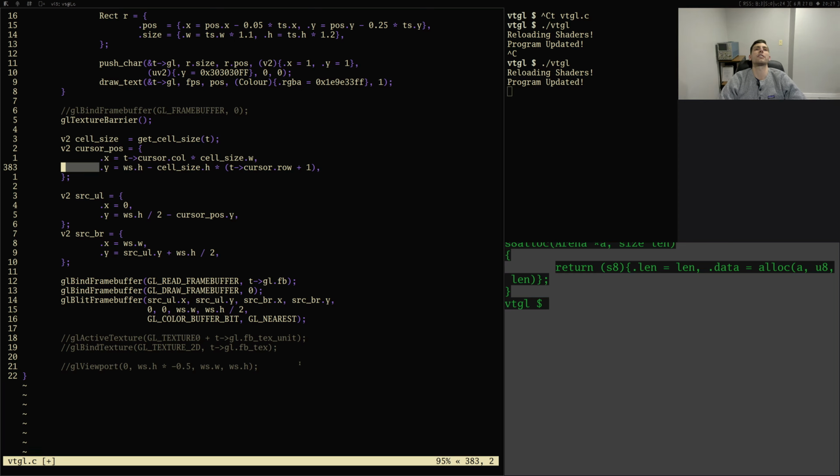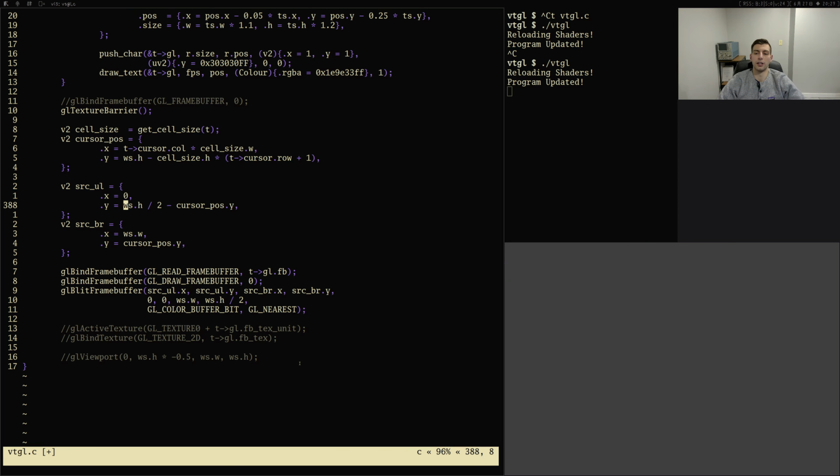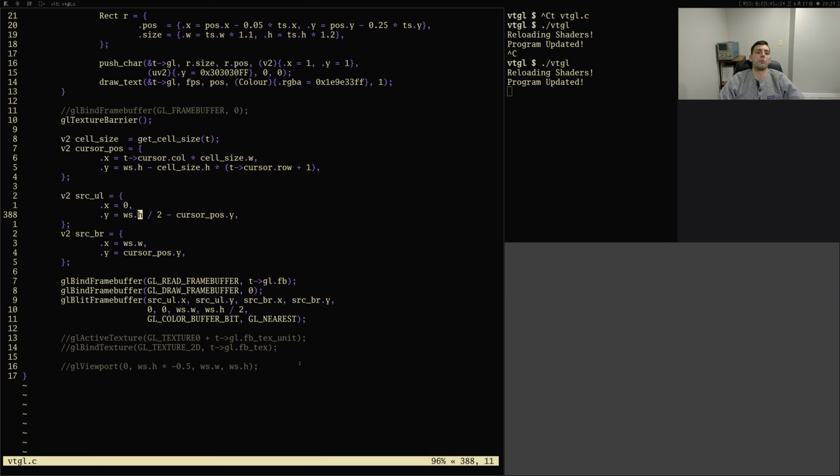So if this is this, and we want to go from, we basically want the bottom right to be the cursor position Y. And we want the, what happens there, that's gonna kill everything. And then we want this top part to be